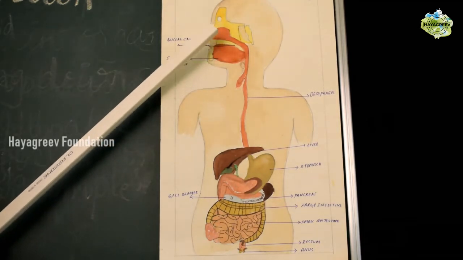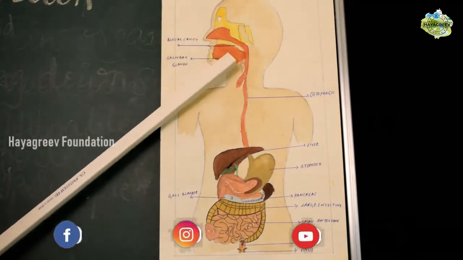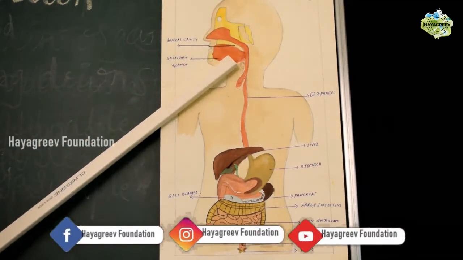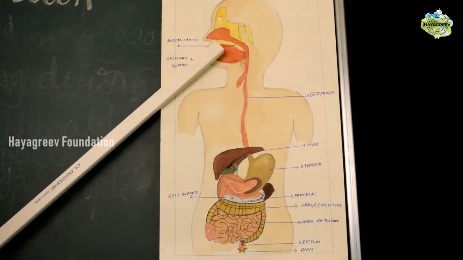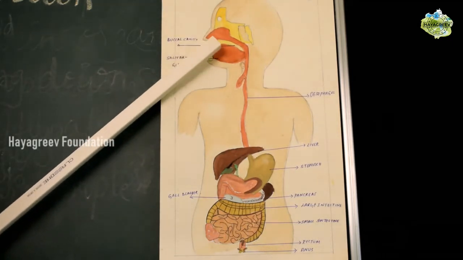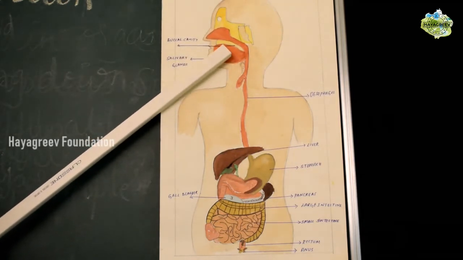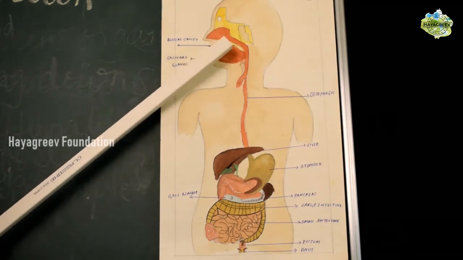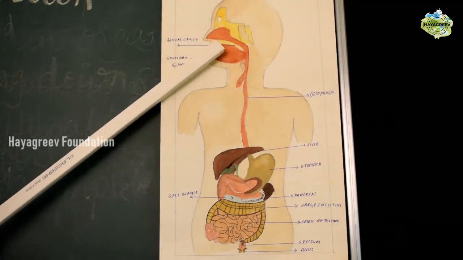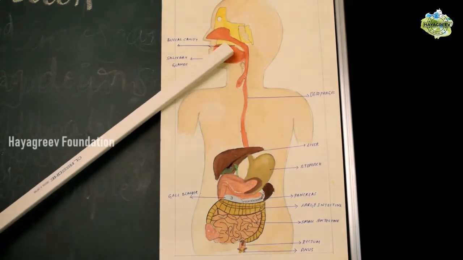There are many functions of saliva, but related to digestion we consider two main functions. One is that saliva makes the food moist and helps in binding the food to make it into a bolus, and it also helps in lubrication of the food. Then here you have a very important enzyme in saliva, which is called salivary amylase,